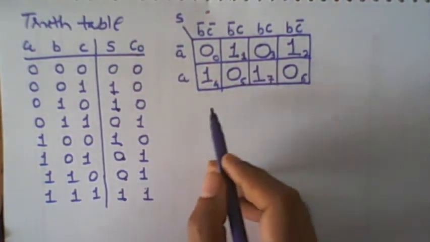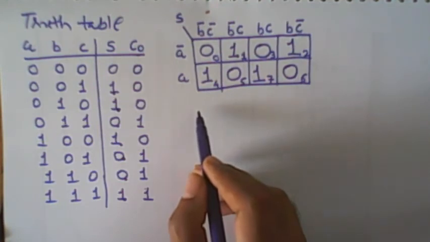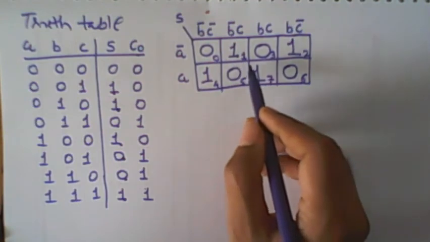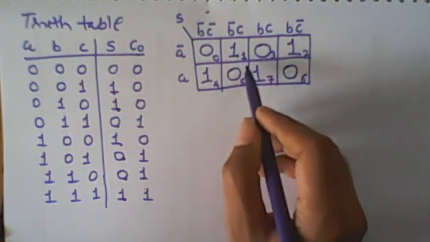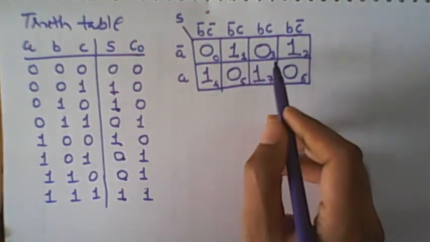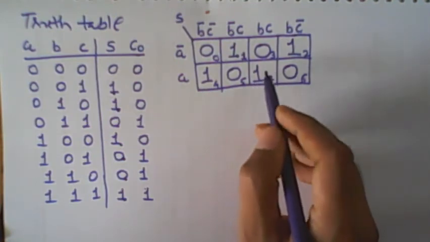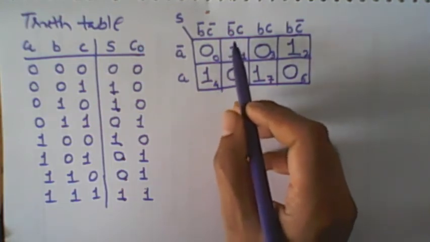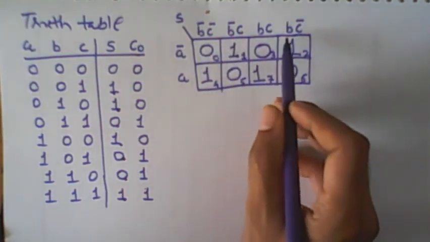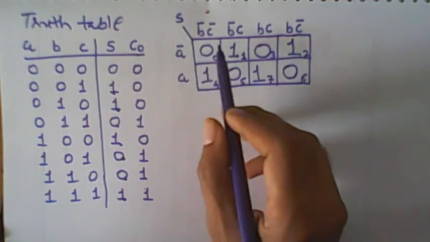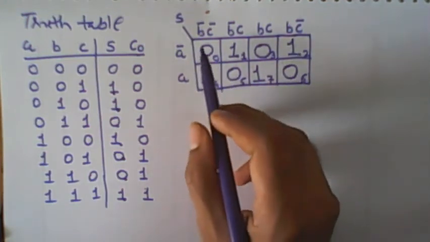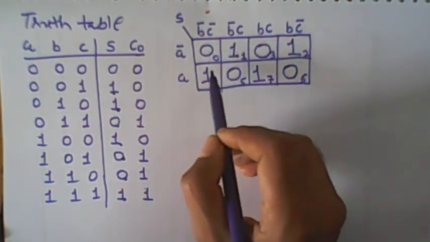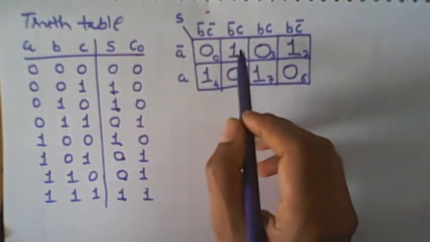So after the mapping, we have to minimize this Karnaugh map. So we have to try to cover all the ones, with the minimum number of groups and the maximum size of the group. So let me start with the min term 1. For this one, we have to check whether a group of 8 is possible or not. Here a group of 8 is not possible. Now we check whether a group of 4 is possible for this. A group of 4 is